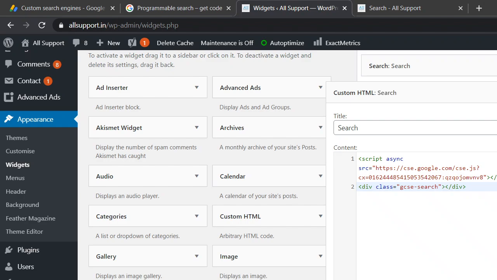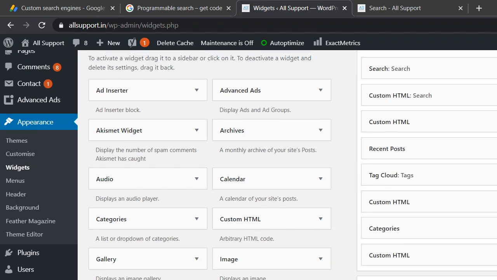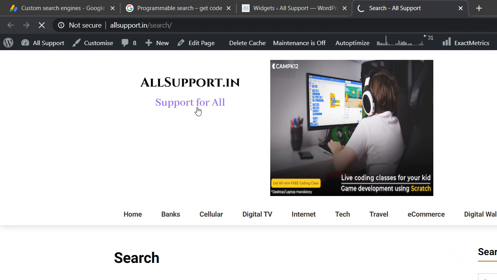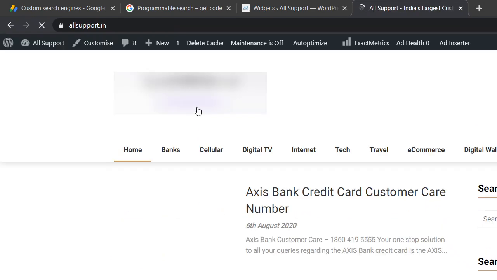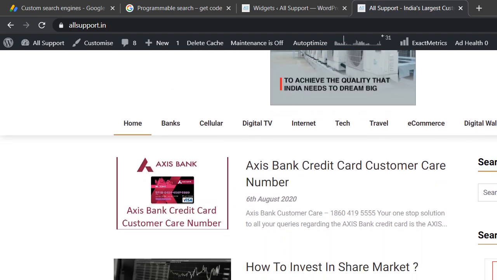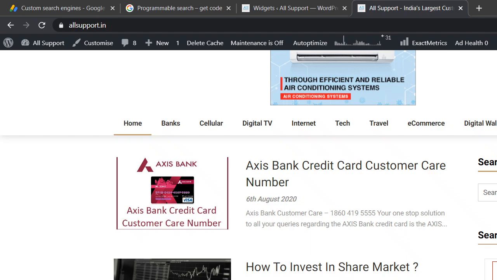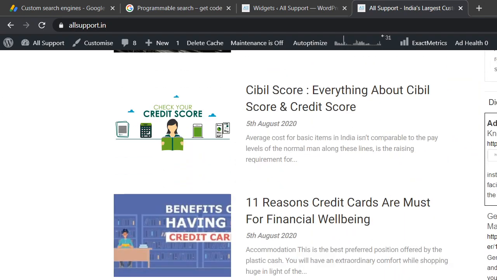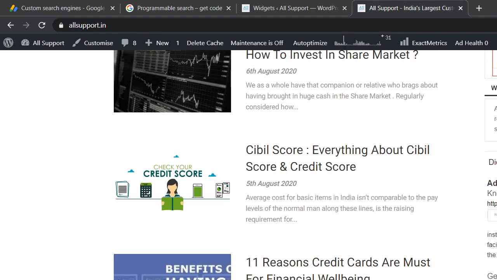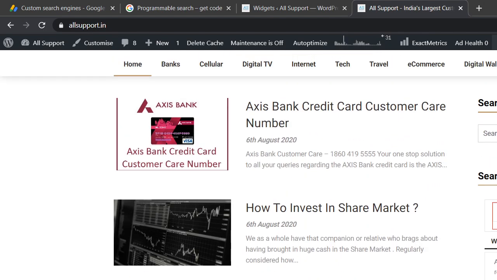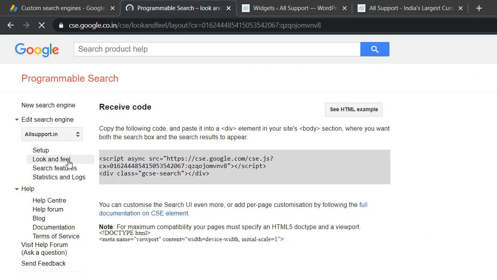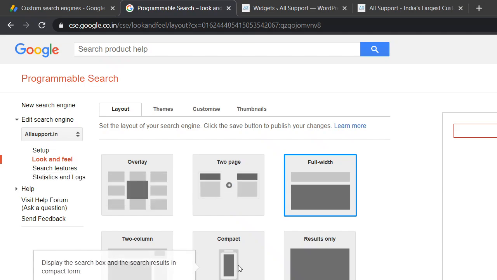Now if you remember, the configuration is full page, full width. It might not preview correctly because we are implementing that particular part inside a sidebar. If you see, it's a very small box that is getting created, and it will not look that good. It is showing you the result just in your sidebar. If you are fine with this one, then all good, but what I would recommend is to go on to this one, and instead of this look and feel, just choose a compact one.